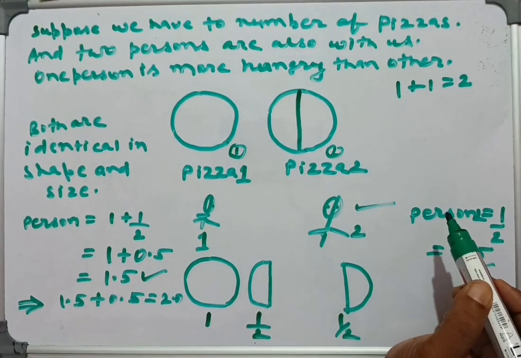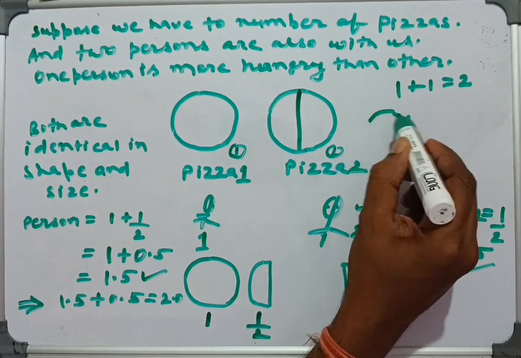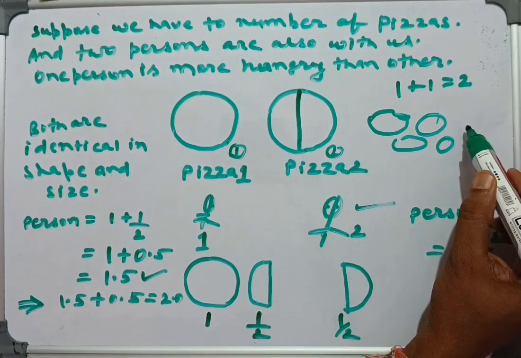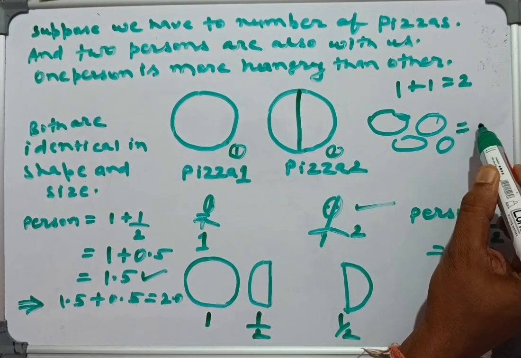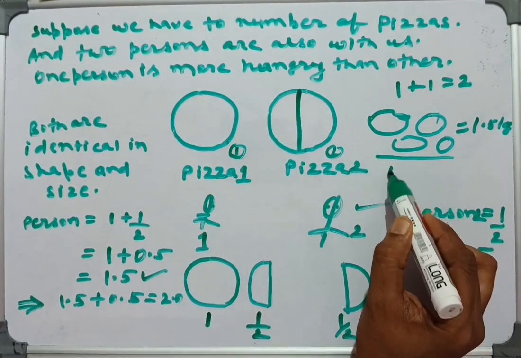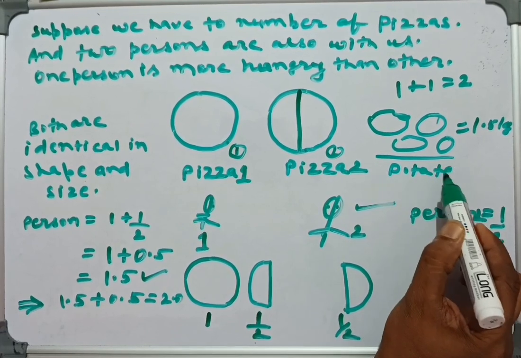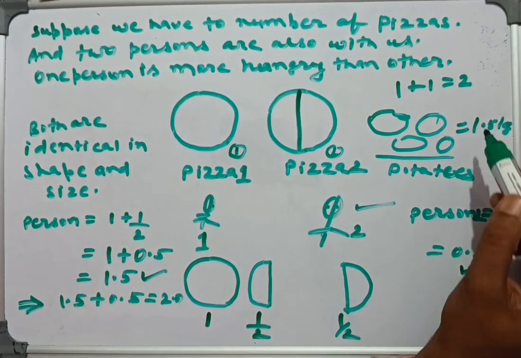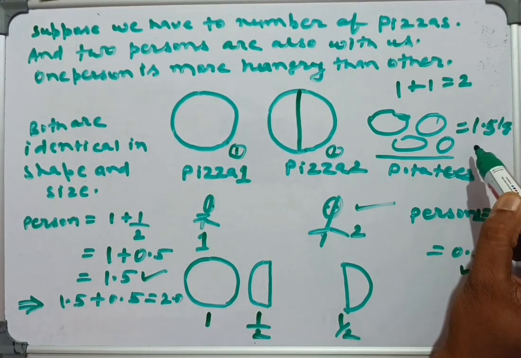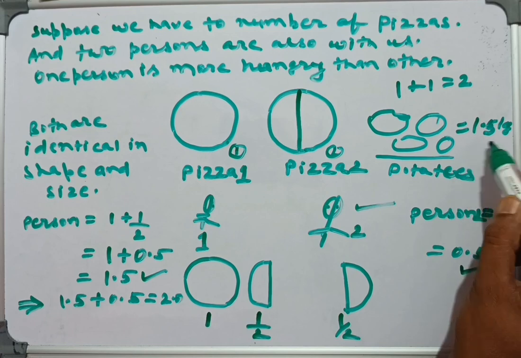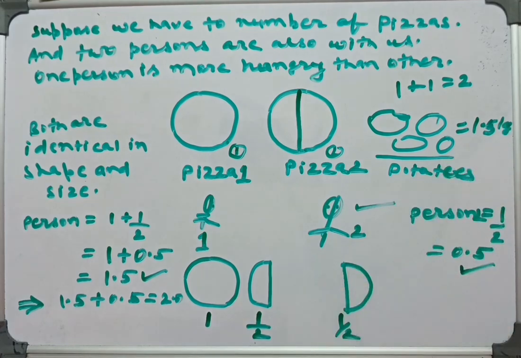Okay, now you can see another example in daily life. If you go to market and buy some potatoes, okay, now suppose these are the potatoes, or suppose the weight of this potato is 1.5 kg, okay guys. So here 1.5 is not a purely whole number, this is a decimal number. So you guys must know the decimal number.